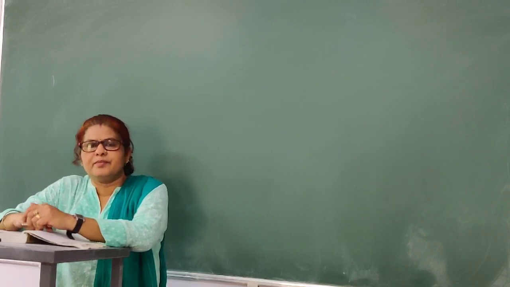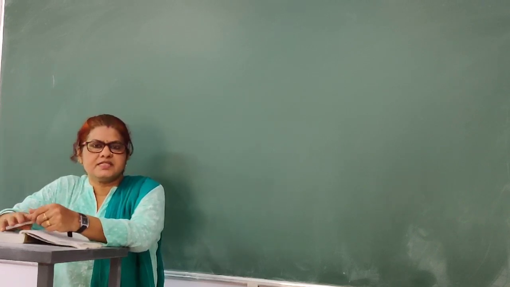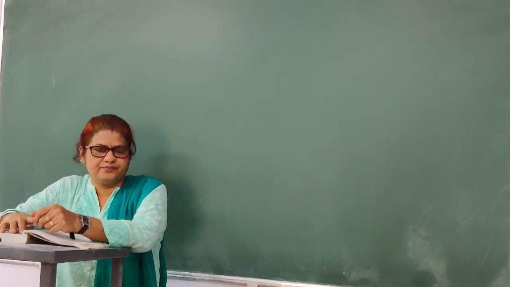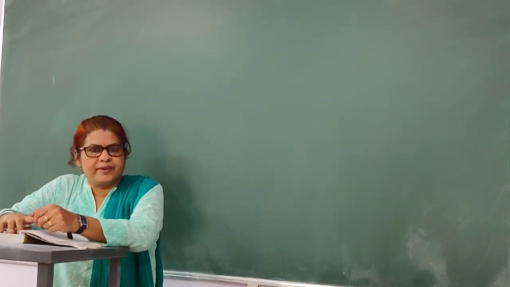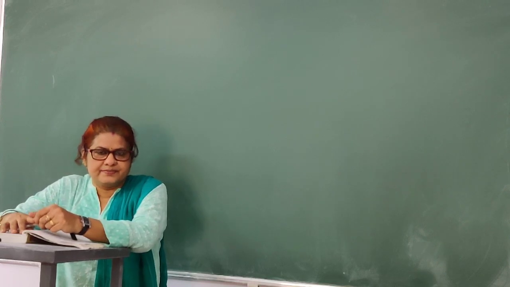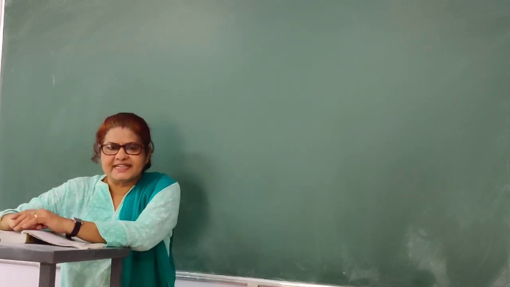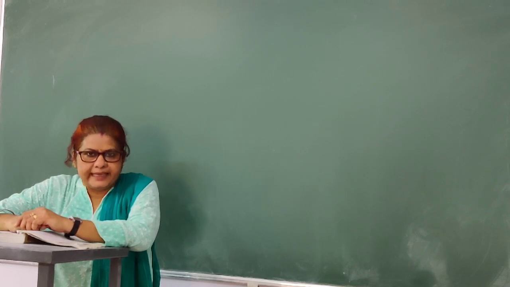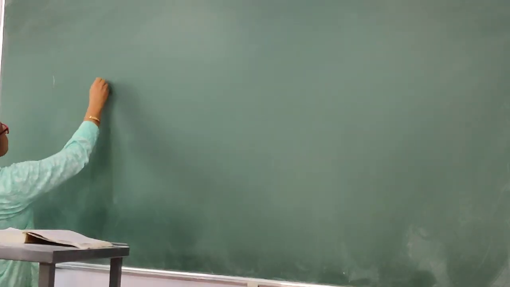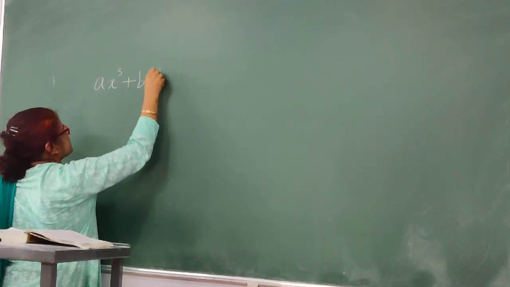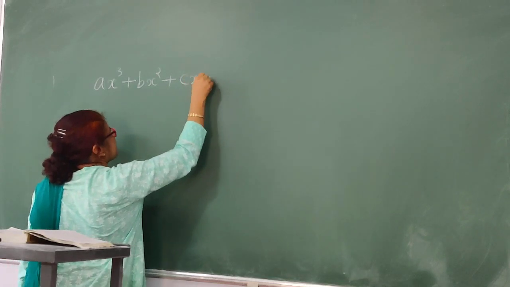We will discuss the relationship between the zeros and the coefficients of a cubic polynomial. Already we have completed linear and quadratic polynomials, and the standard general form of a cubic polynomial in one variable x is ax cubed plus bx squared plus cx plus d,